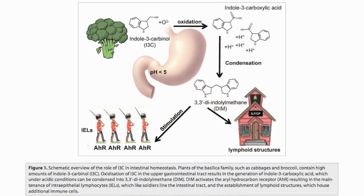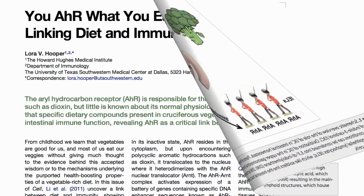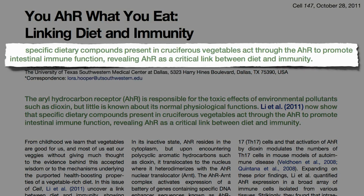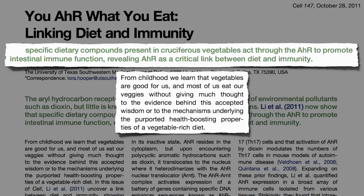Here's a less busy diagram that illustrates the same thing. Broccoli, leading to the activation of our immune foot soldiers. So now we know specific dietary compounds present in cruciferous vegetables act through the AH receptors to promote intestinal immune function. From childhood, we learn that vegetables are good for us, and most of us eat our veggies without giving much thought to the evidence behind this accepted wisdom,